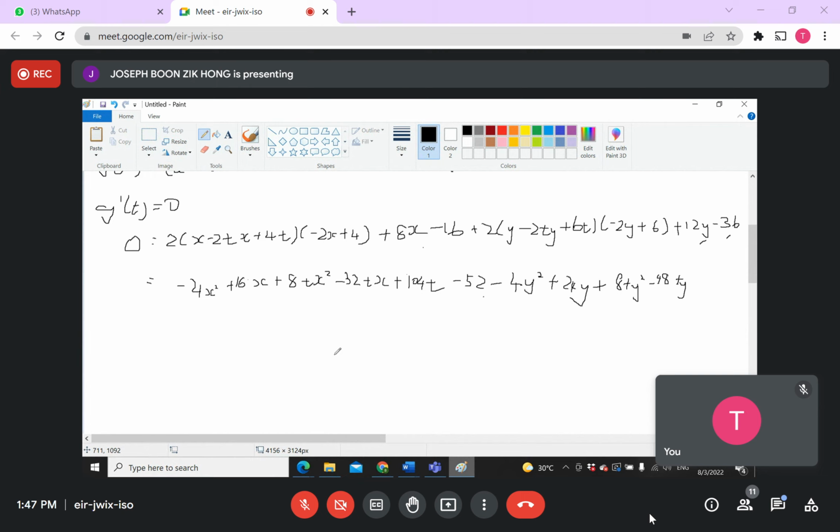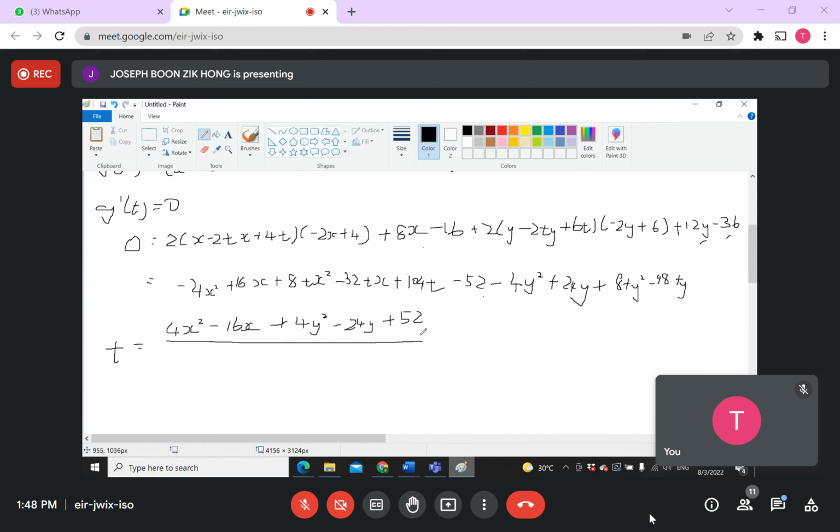Okay, so the things without t move to one side. The things without t will be 4x squared minus 16x plus 4y squared minus 24y, and then plus 52, don't forget,